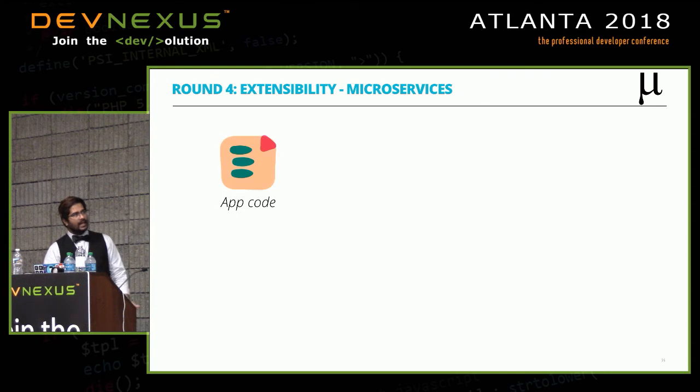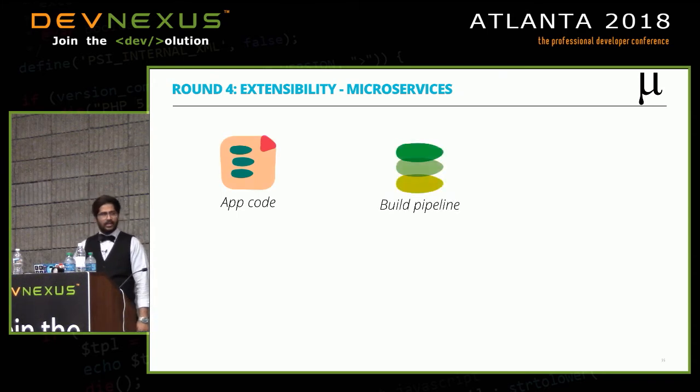So you would obviously write the application code. There's no going away from this. You have to do the business logic work. You have to build a pipeline. And you've already done the investments we talked about, right? You've invested in doing the pipeline. You just have to add some configuration in there.